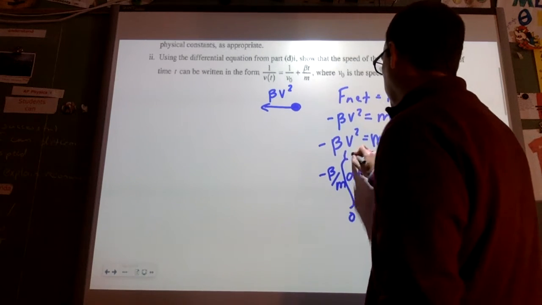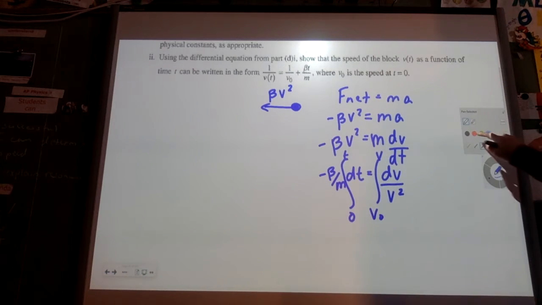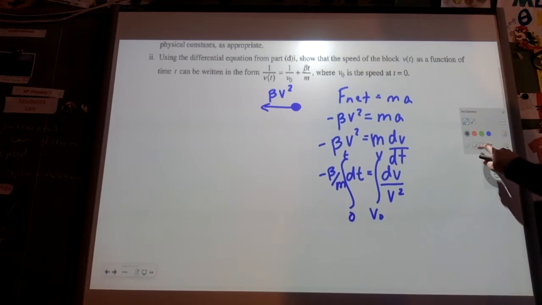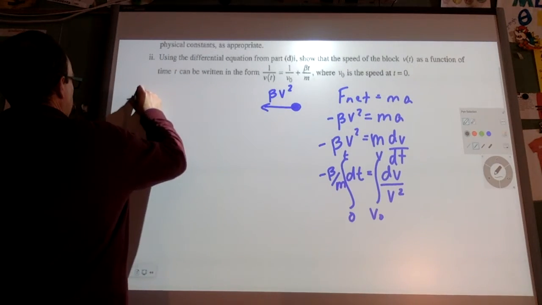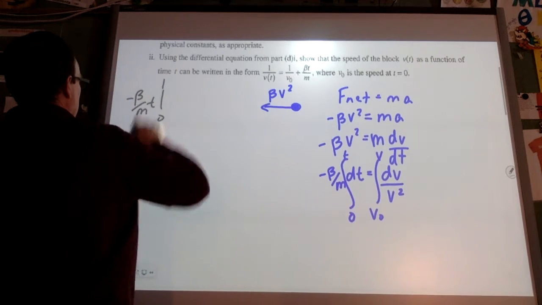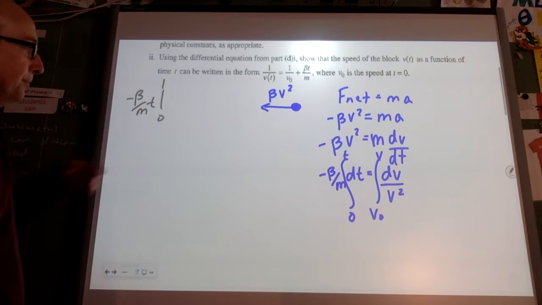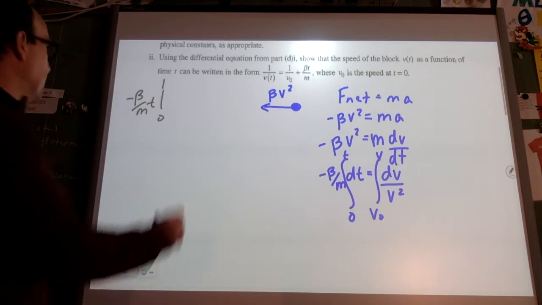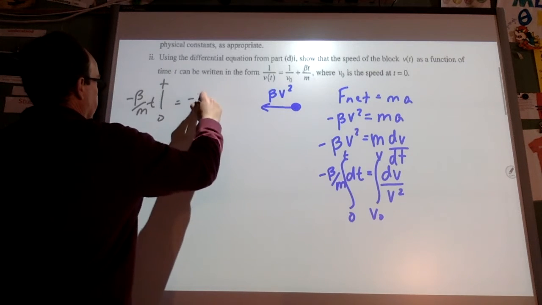This one's going to go from 0 to t. All right, so on the one side, we're just going to have negative beta over m times t from 0 to t. So that's just going to give me